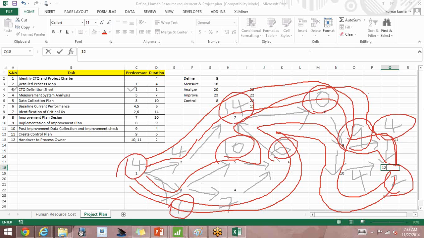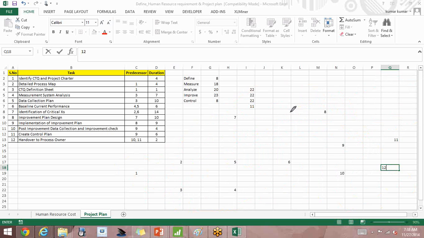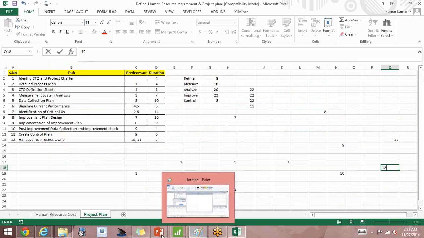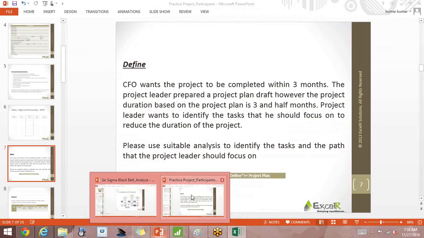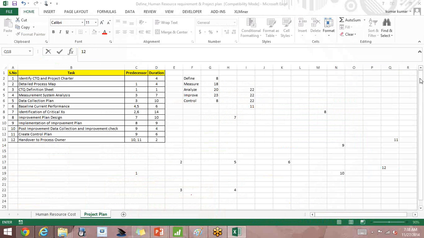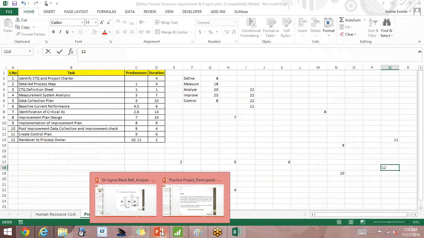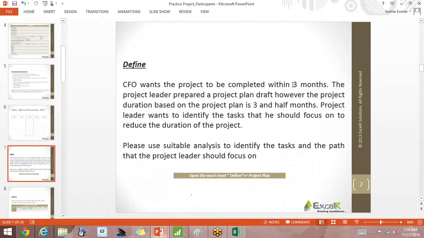So always, whenever you're trying to do some schedule compression, what was it that we were telling? The CFO wants the project to be completed within 3 months.